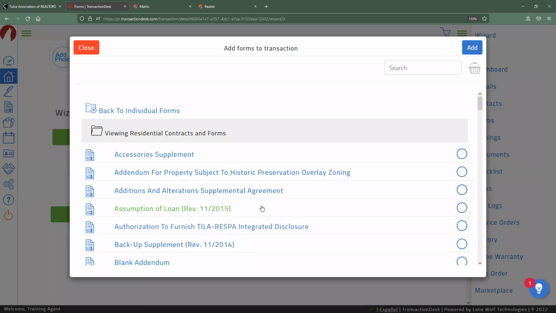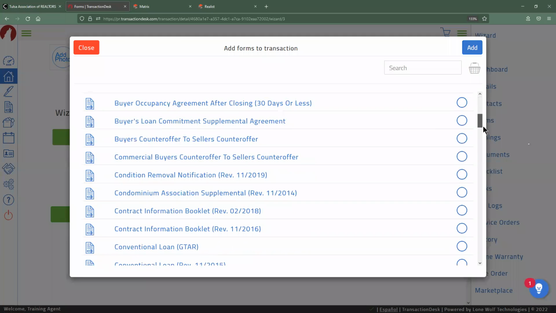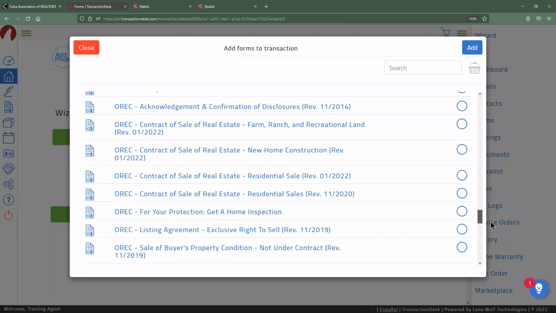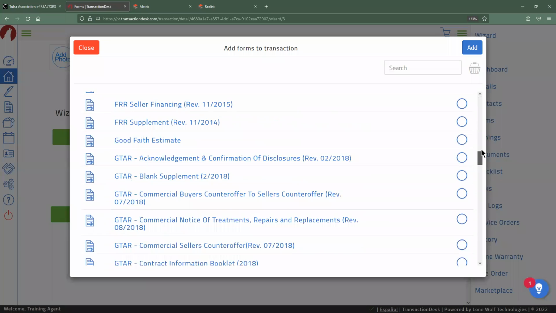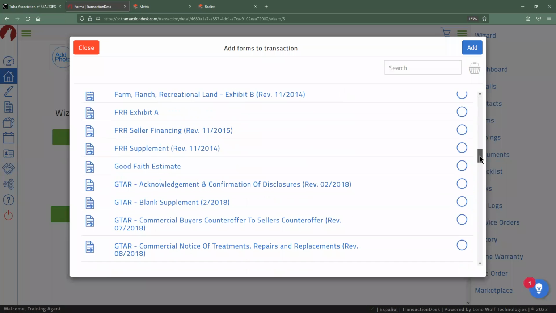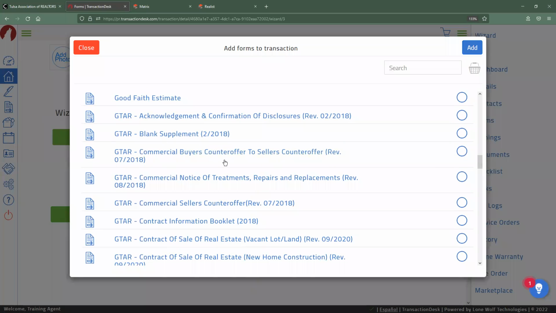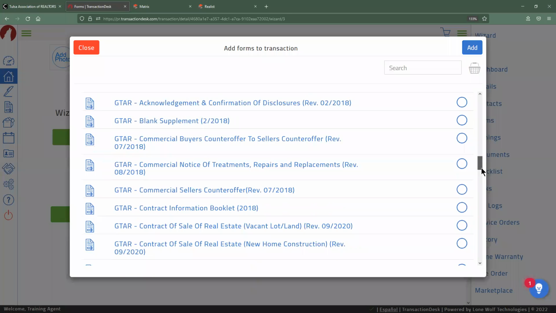When we're looking at this list, it's huge. There's a lot of different forms that we've added in here. We've tried to make sure that any of the GTAR specific forms are labeled as such, just to ensure that even though we don't have a GTAR folder, any of the items that are actually GTAR specific or GTAR equivalents of other forms elsewhere, they're labeled so that you guys don't have to worry about that.